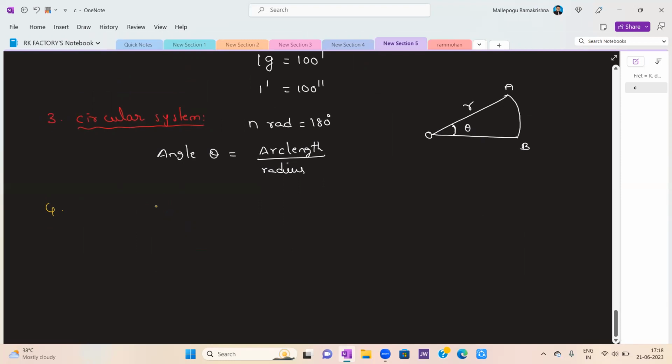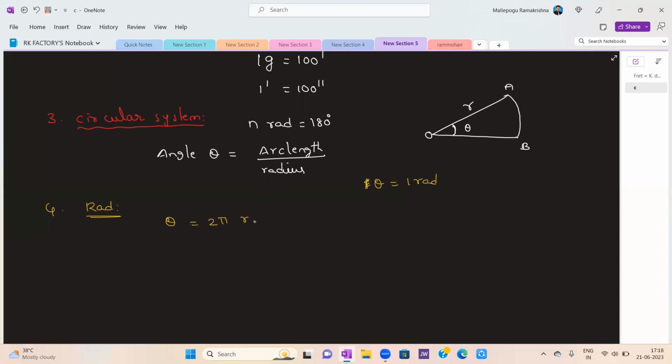Next, another system. Here in this, 1 radian we are going to measure. In the circular system, theta equals 1 radian. In another system, the radian system, theta equals 2 pi radians. So when one object is making one circular motion, maybe it is a giant wheel or a fan or the minute lever in a clock, whatever it is,